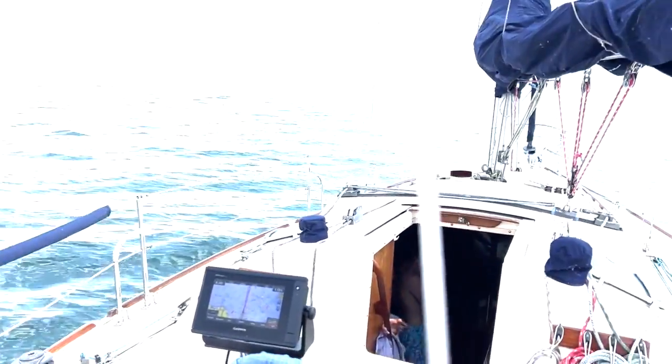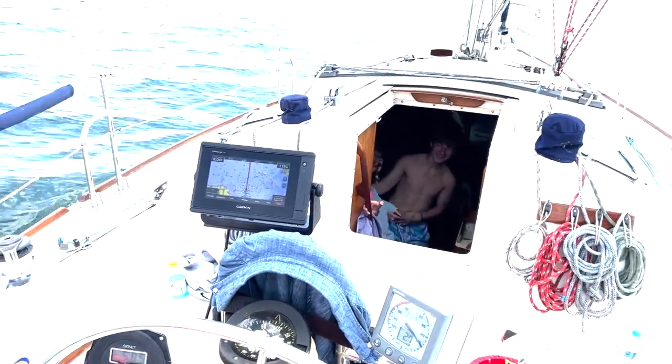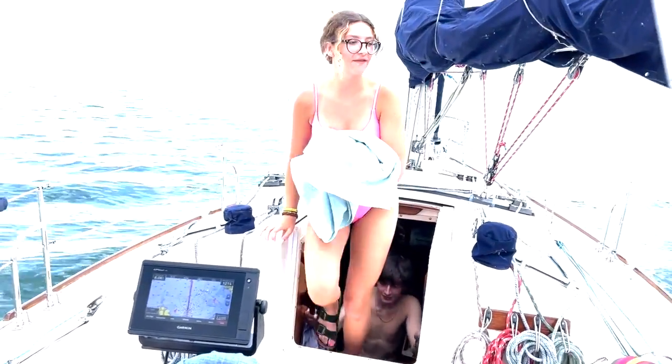Welcome back, people. On this trip I have my beautiful wife Kate, and down below we have Brad and Ella. We'll catch up with them a little bit later. Here they come. Here comes Ella popping out of the companionway as we speak. Hello, sailing. Welcome back to another